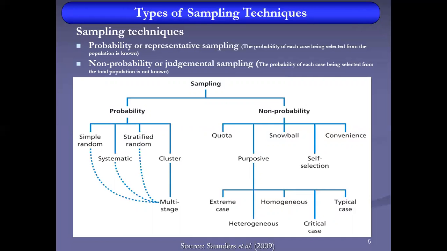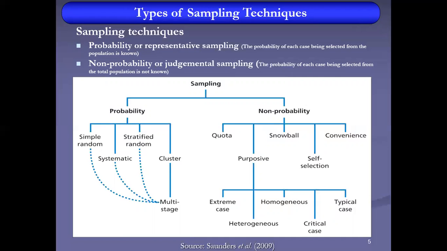If the population is unknown, for example, we collect data from customers and the customers of products are scattered in the whole country, a whole city, and the number of customers and respondents is huge, and we don't have any information about the participants, the number of participants, their addresses, their contact numbers. In this case, where the population is unknown, we have to select non-probability or judgmental sampling techniques.